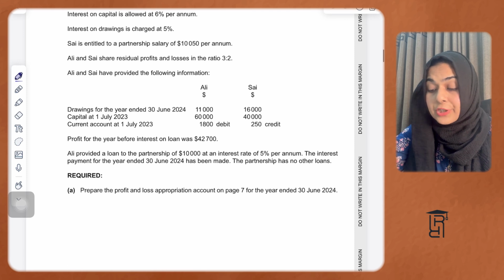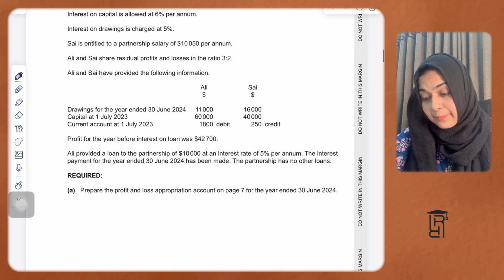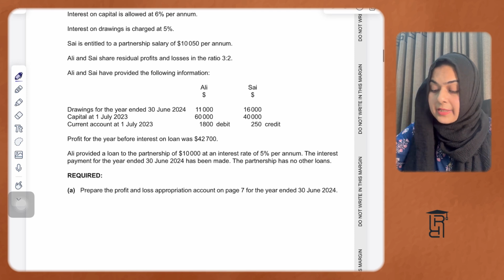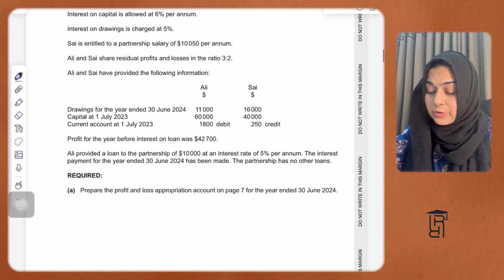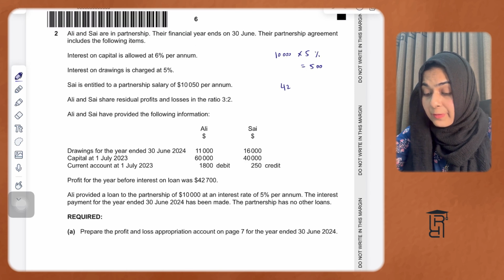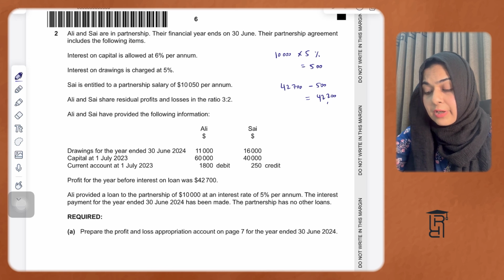So what is the interest that they were supposed to pay, and what's the amount of the interest that they have paid? So 10,000 multiplied by 5% will give me $500. This is the interest that they were supposed to pay. So profit before interest is 42,700, and when we subtract interest from this, this 42,200 will be my profit